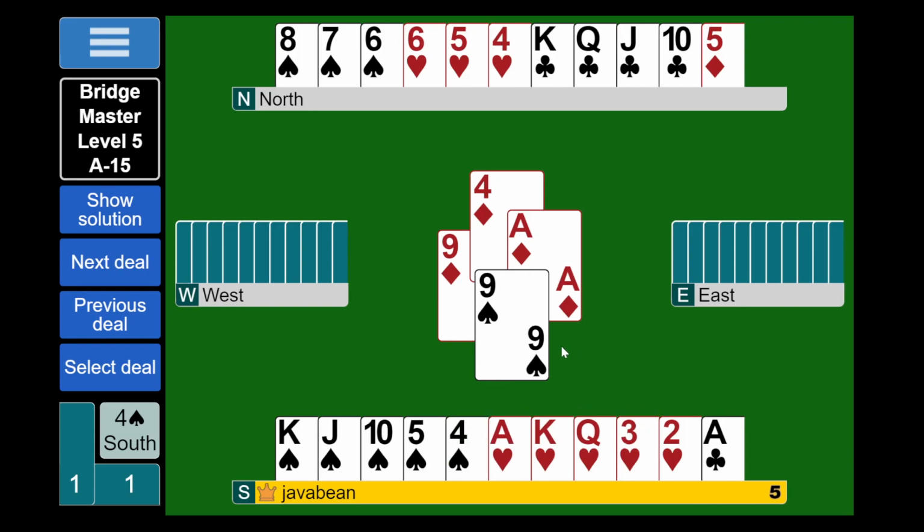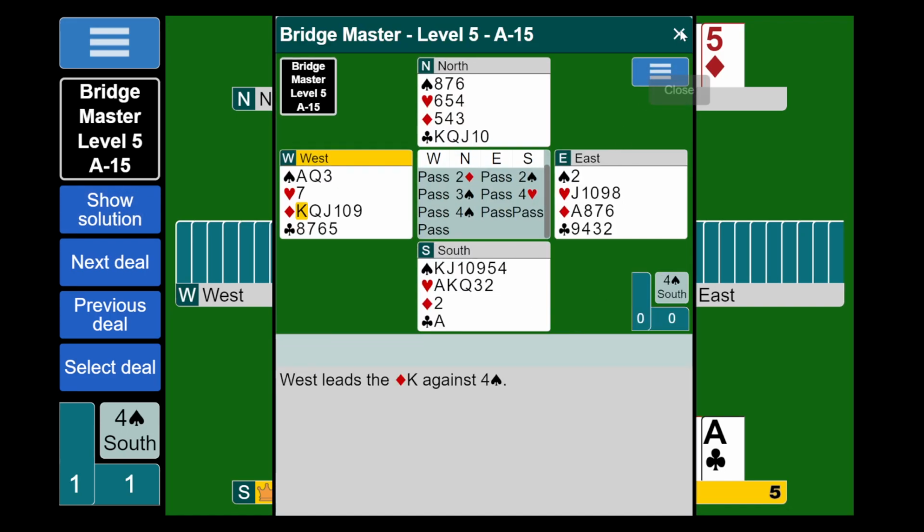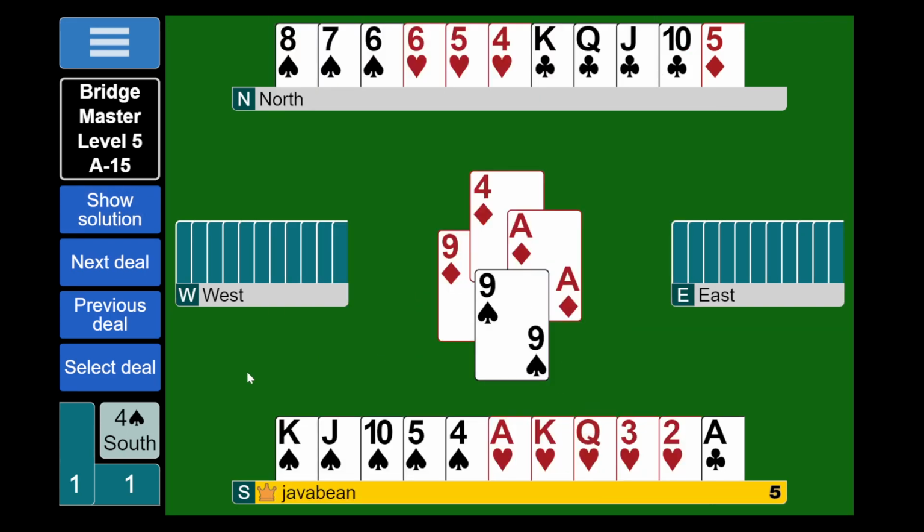Testing hearts is crazy. Because if spades are 2-2, you don't need the hearts to split, and you don't want to let them ruff the heart early. I don't know. What's the answer, Fred? I'm missing something here. Or, okay, again, before I look at the answer, let's look at a specific...